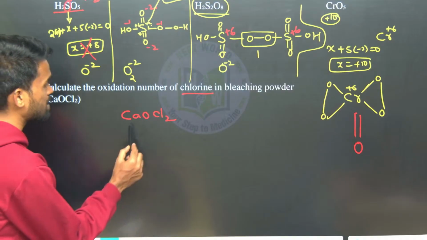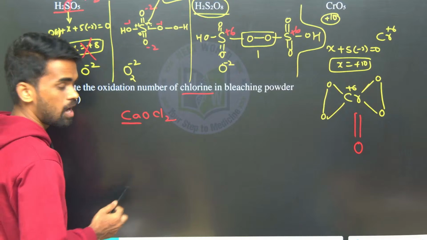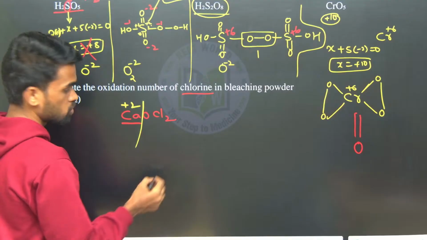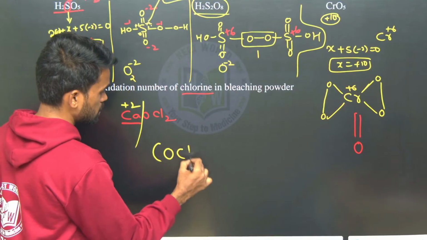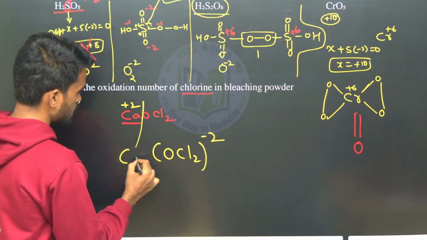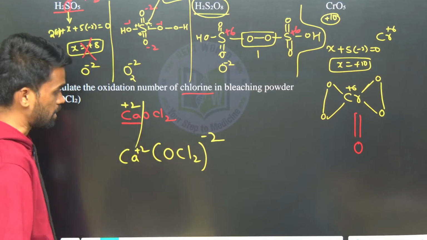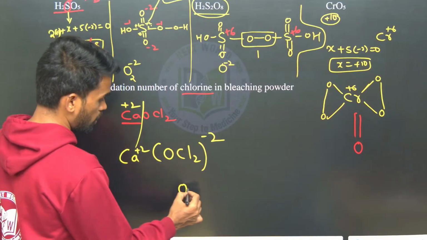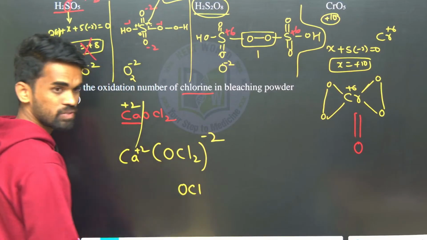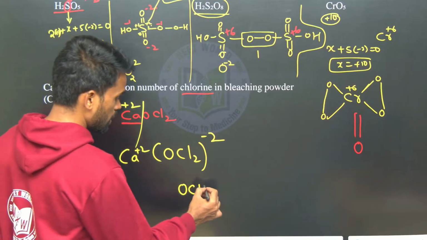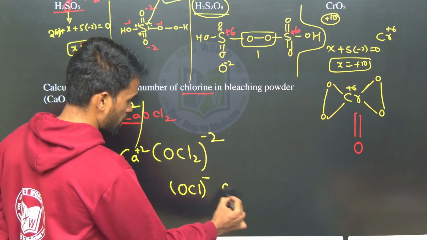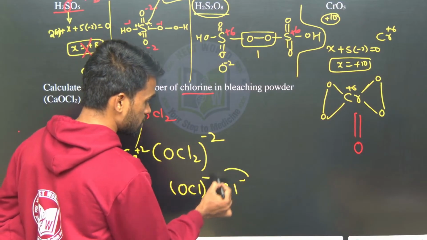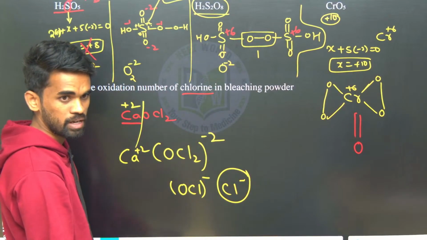See, we know calcium, an alkali earth metal, will always have a +2 charge. So we have the other part as -2, because Ca +2 I have written right now. In this we have 2 chlorines. One chlorine which is connected with this oxygen I am writing like this, and one more chlorine like this. So one chlorine atom here is in the -1 oxidation state, that is fine, but